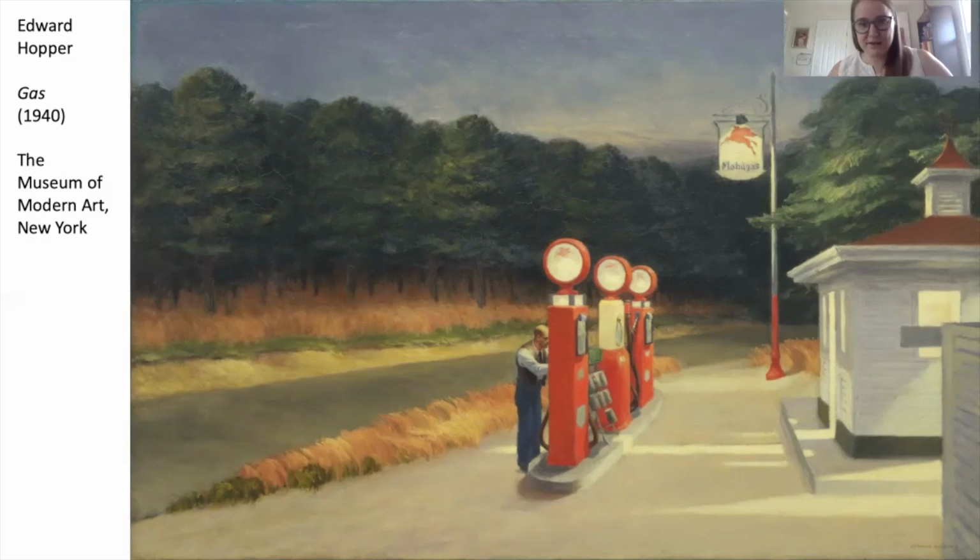All the ones we're looking at today have at least one person in them, but notice that none of the pictures we looked at with all the people in them have people interacting. They are always either physically distant or emotionally distant from each other,